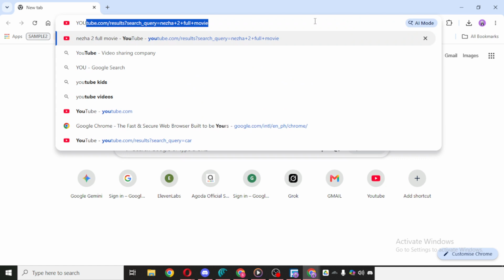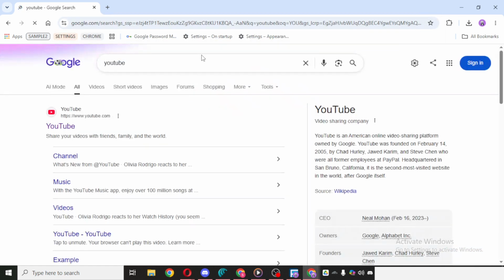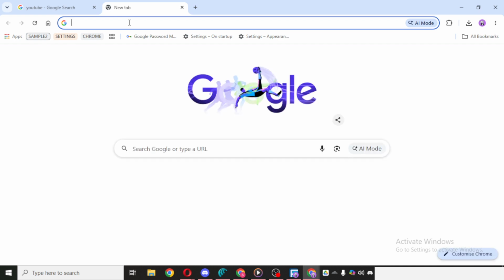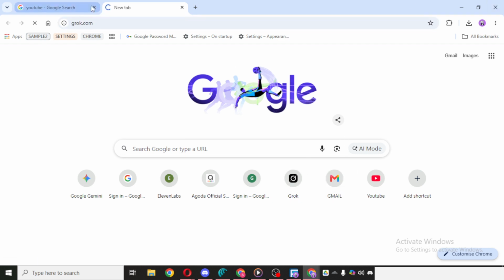As you browse, you may want to open another website without leaving the page you're already on. To do that, look for the plus icon near the top of the browser. Clicking that plus icon opens a new tab. A new tab is helpful because it gives you another browsing space inside the same Chrome window. This makes it easy to keep one website open while you visit another, compare information, or switch back and forth between pages more easily.